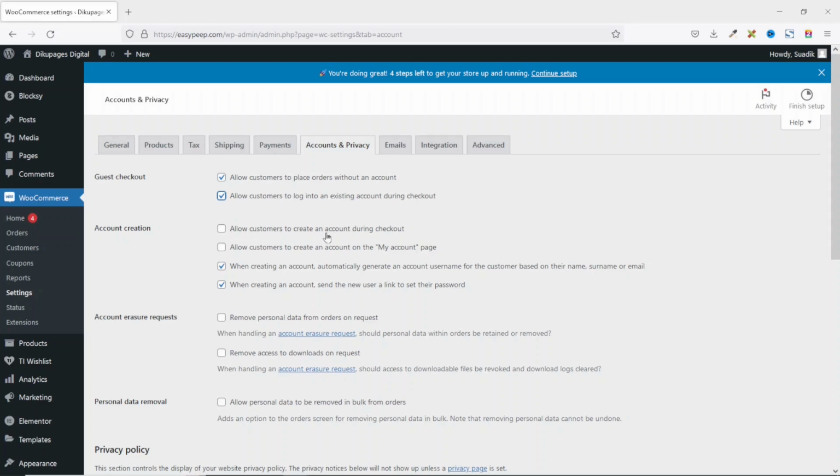Allow customers to create an account during checkout. This should be enabled. Allow customers to create account on the My Account page. Let's go ahead and enable this as well. However, the last two here and the account creation, you don't want to enable them simply because with the first